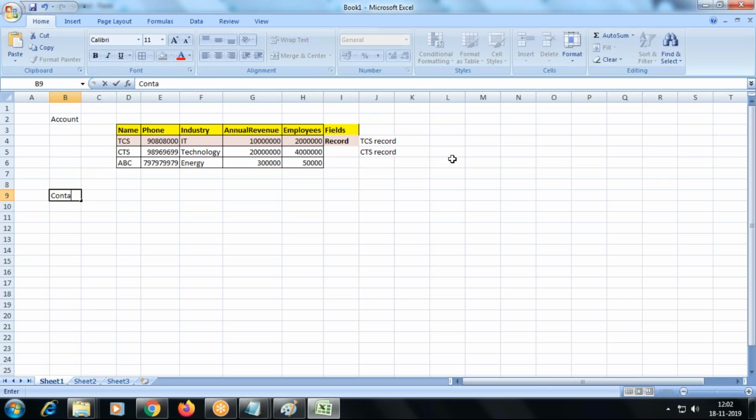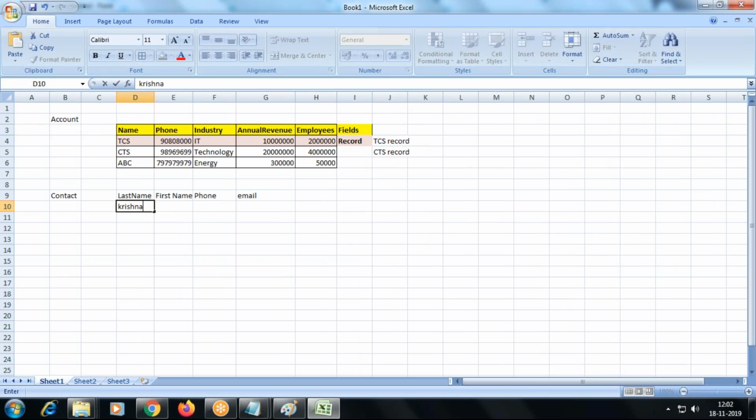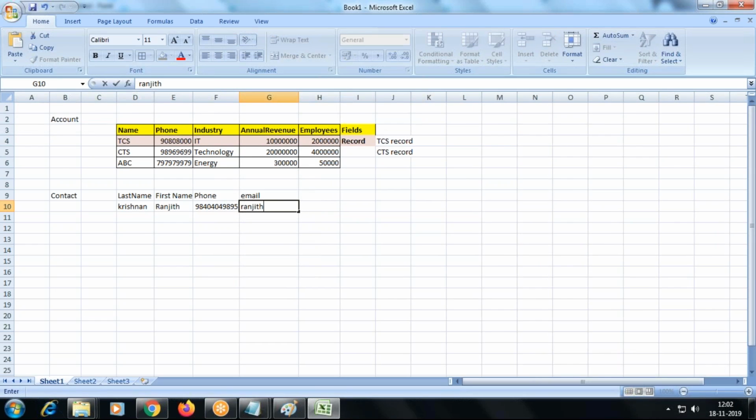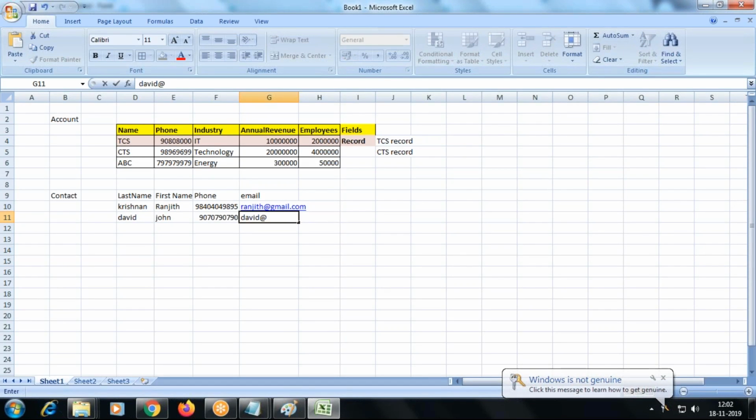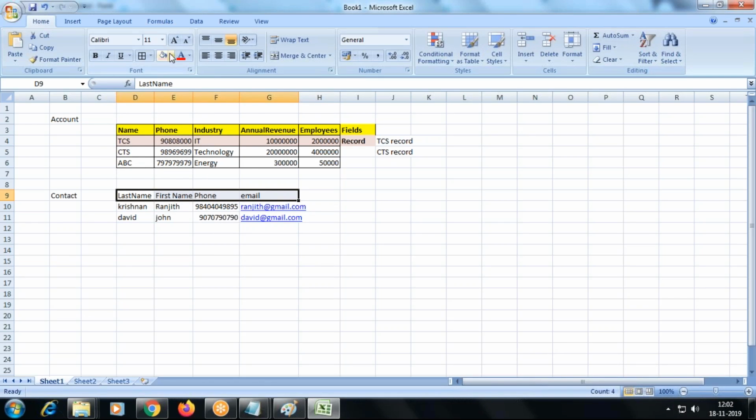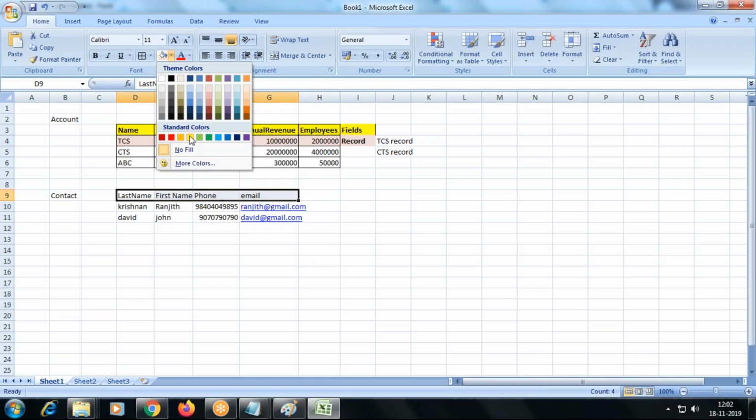I have an object called contact, where I have last name, first name, phone number, email, etc. These are called fields.